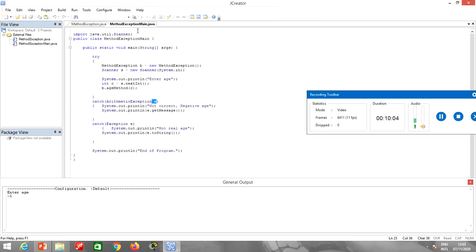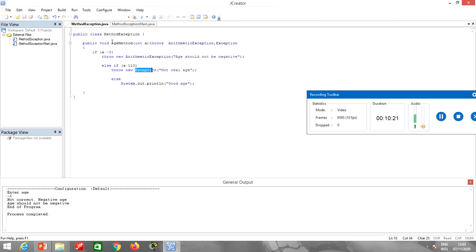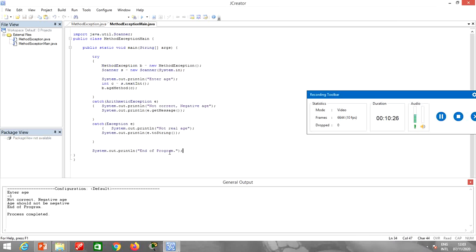Let's check it. After this, the other catch block will be ignored and no other statement will be printed except the statement which is end of the program. So let's just check it. Not correct, negative age, should not be negative, e.getMessage, age should not be negative, and over here then